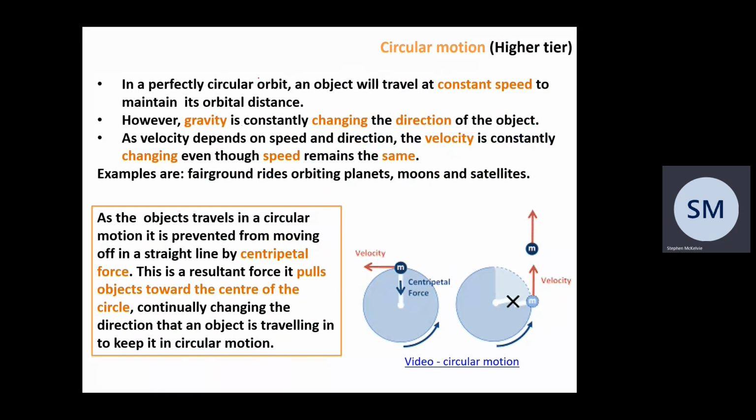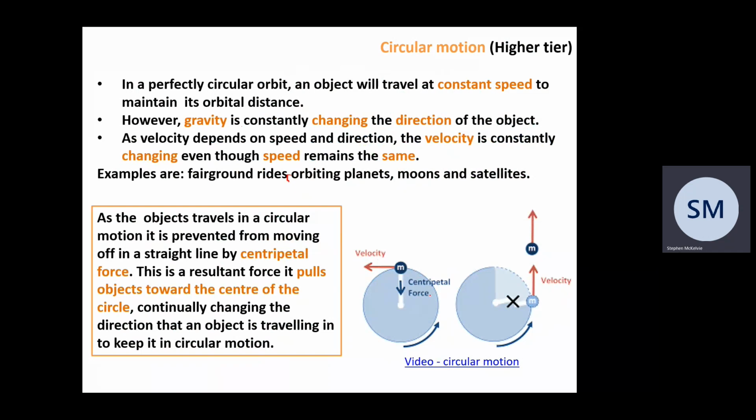Now, this circular motion doesn't just happen when we're talking about the orbits of an object. It also happens with anything that swirls around the place, like fairground rides, moons and satellites. We can also talk about maybe a car that's driving around in a circle, or someone on a swing. Because the object travels in a circular motion, it's prevented from moving off in a straight line by this thing